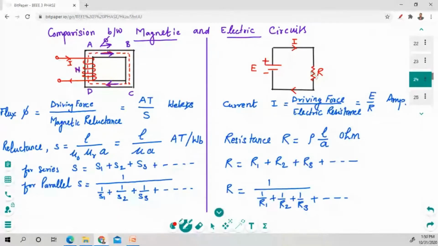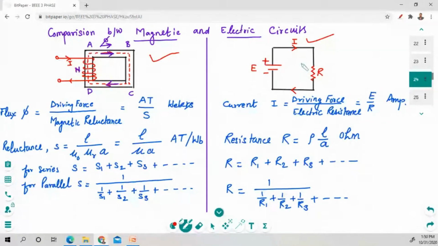Whereas in the closed electric circuit, we connect voltages with particular resistances. Okay. So with the help of this battery, the current is flowing through this closed path circuit, and we can measure different values for these currents and resistances and voltages. Okay. So how we can measure all these values in case of magnetic circuit and in electrical circuit.